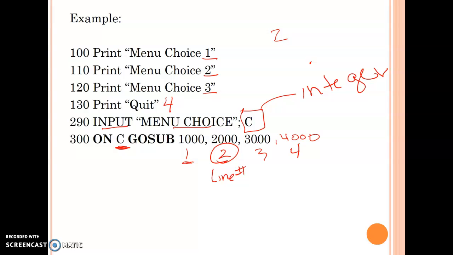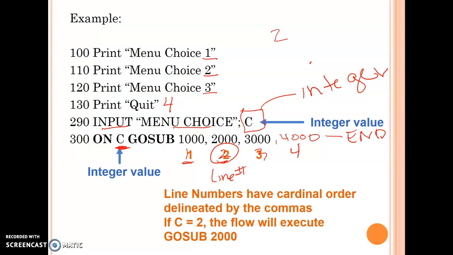So you can see we're able to reuse this program over and over again now. If the user wants to quit, they choose option 4. Option 4 is where that end will now appear in the program. So C has to have an integer value. On the integer value, it will choose one of the line numbers. These line numbers have cardinal order delineated by the comma. So if C is equal to 2, the flow will execute to go sub